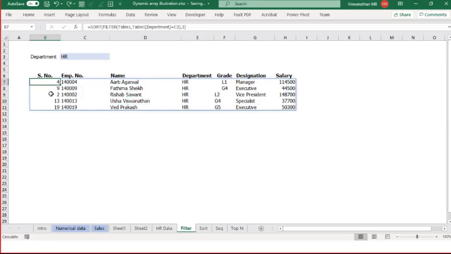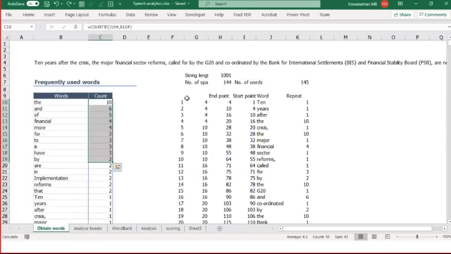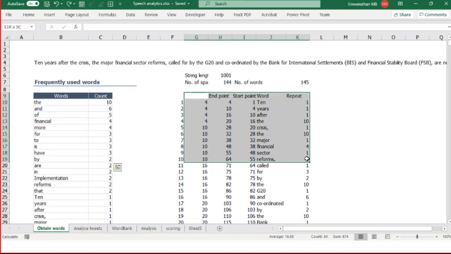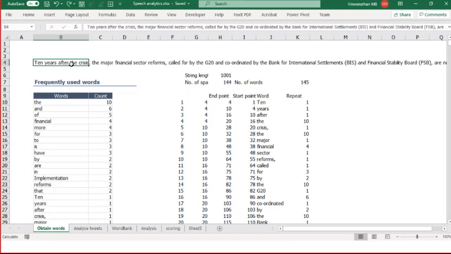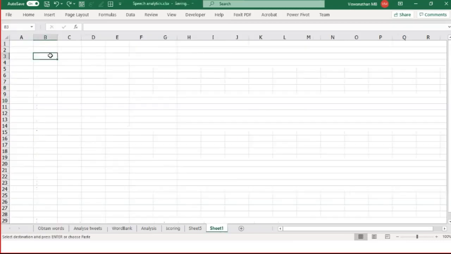Now before others lose patience, let me quickly come to the case study. What did I do there? How did I get this speech analytics done? Here is my data. Let me start it from a new cell actually. I'll do it in a new sheet maybe.